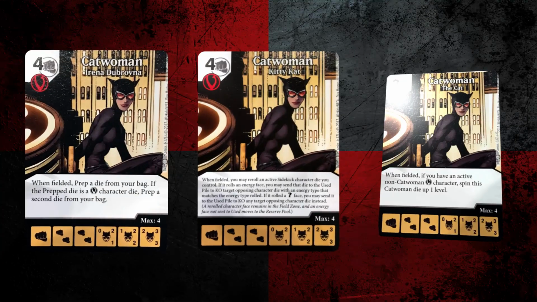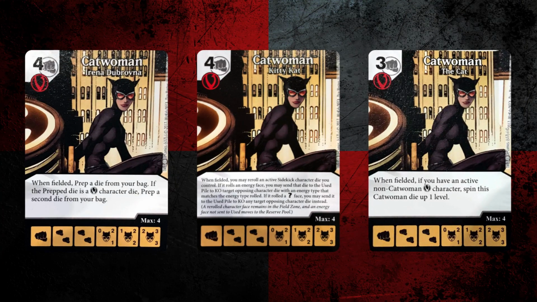The first Catwoman, Irina Dubrovna, is a 4-cost fist character villain with a 021-122-233 stat line. She reads, when fielded, prep a die from your bag. If the prepped die is a villain character die, prep a second die from your bag. So at worst, we're paying 4 to get this, 2 to field it on its level 3 side, and then we get to prep like a sidekick die. That's horrible. At best, you pay 4 to buy this, 0 to field it on its level 1 side, prep